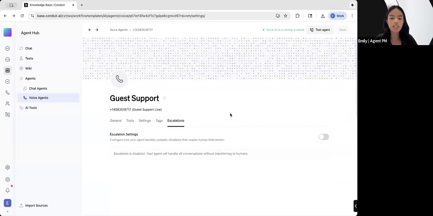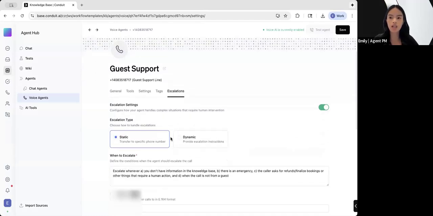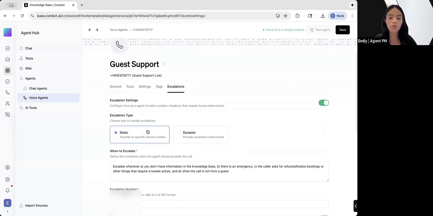The last one, which touches on the question that we got earlier in the Q&A, is escalations. So what actually happens if the AI doesn't know how to respond or it needs an actual human? Maybe it asks a question that you can't answer, or the AI can't answer, or it just isn't sure. We can enable an escalation setting, and we have two different types of escalation. The first is static. This is where we're going to actually transfer to a specific phone number. Similar to how in chat agents, if the AI isn't able to answer, it escalates to a human. Same thing for voice. If the AI isn't able to answer a question on the phone, it can transfer to